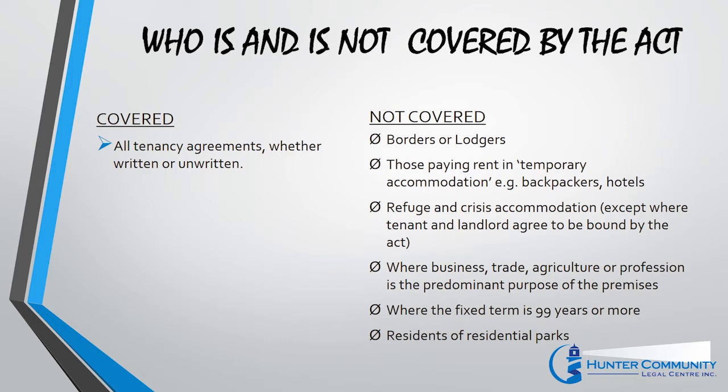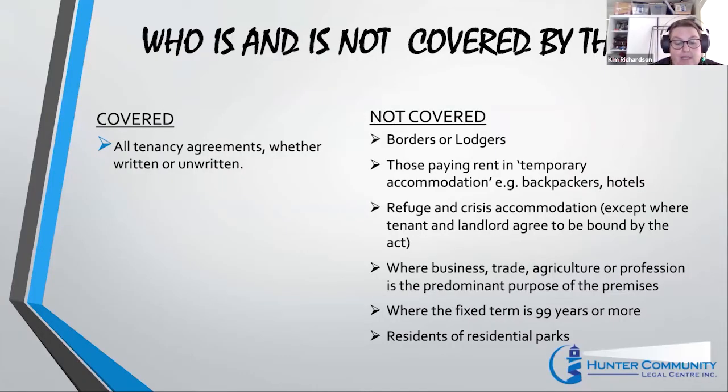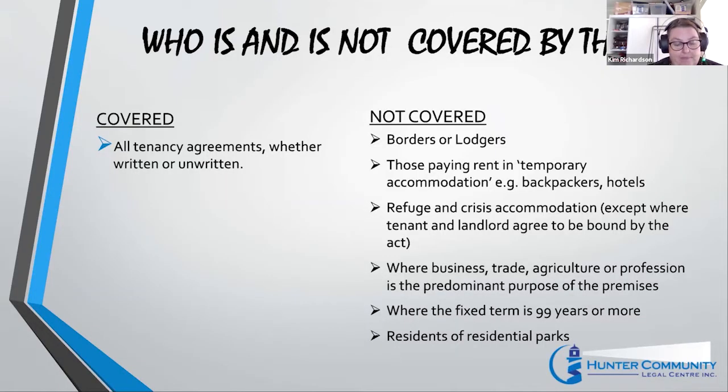So who is and who is not covered by the Act? The Residential Tenancies Act covers private tenants who have a written or oral tenancy agreement, and social housing tenants, including tenants of Department of Communities and Justice Housing, community housing providers, and the Aboriginal Housing Office. Social housing providers have certain specific rights and obligations under the Act in addition to an ordinary tenancy agreement. The Act also covers people who rent a home in a land lease community.